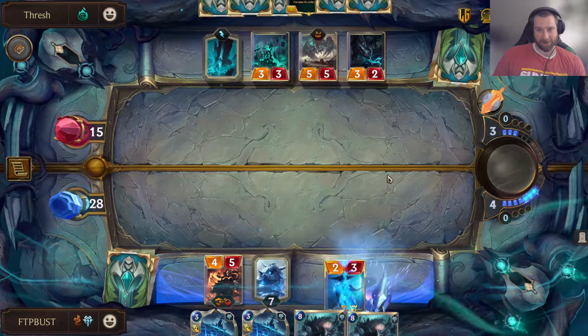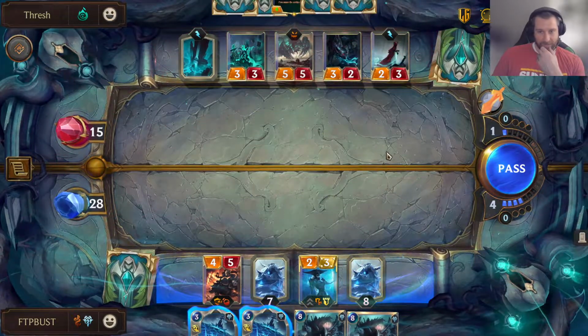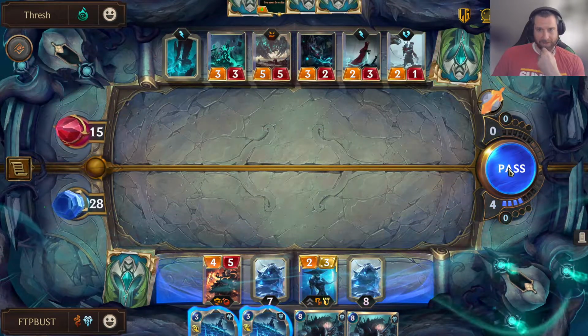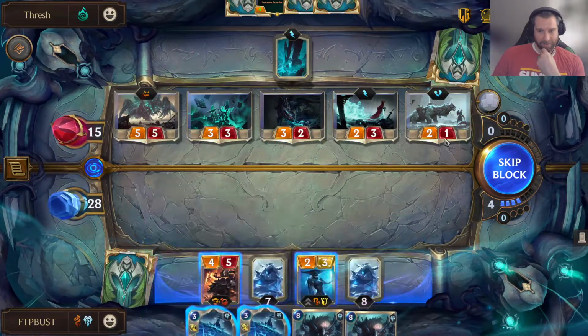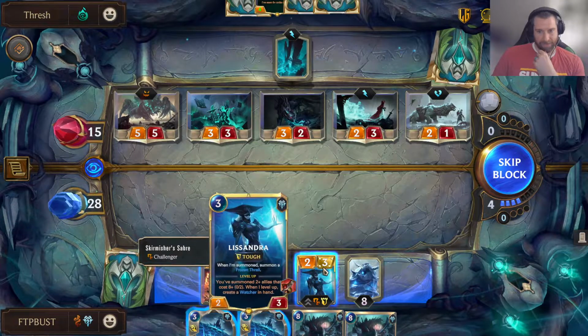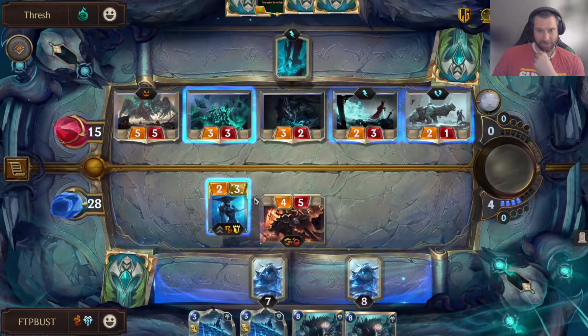Usgar's ready to come to the party, though. Ooh, that's a lot of bros. So we can make use of this. I mean, we have the Ice Shard again, which will kill this. It's going to make Lissandra a 3/4. Then she has Tough, so she's not going to take any extra damage. And then we can still put the Reaver in front of a